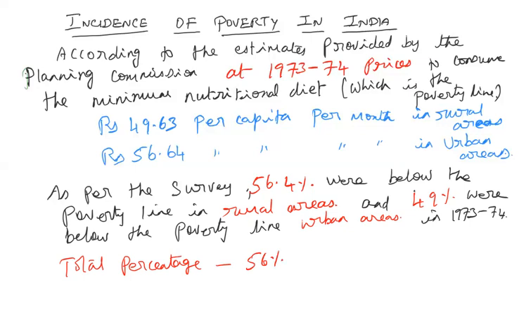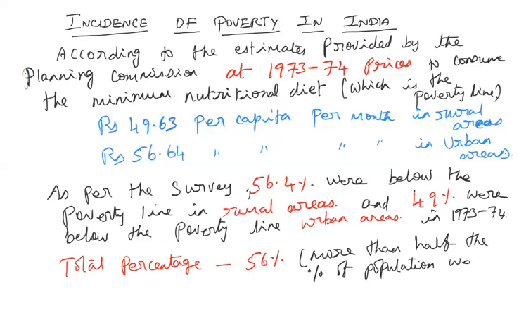That is more than half the percentage of the population in India were below the poverty line in 1973-74. So that is more than half the percentage of population